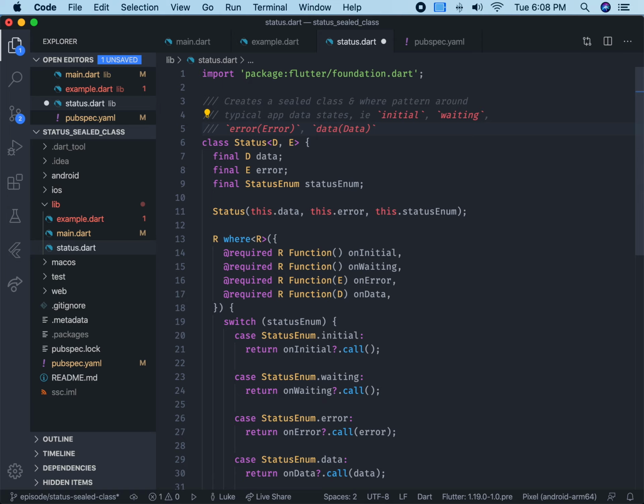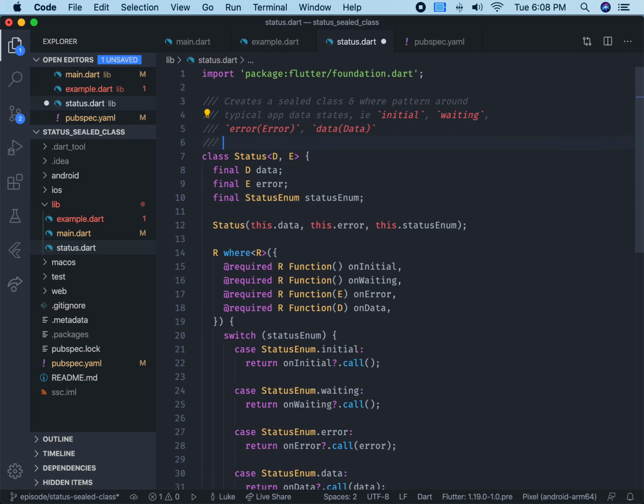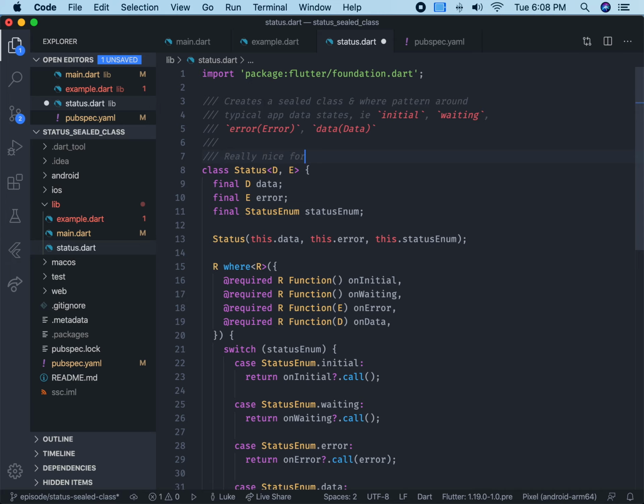Okay, this might not be clear to you, but hopefully this is really nice for locking, for nailing, for really nice, useful